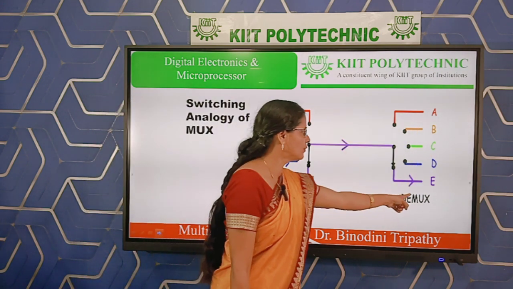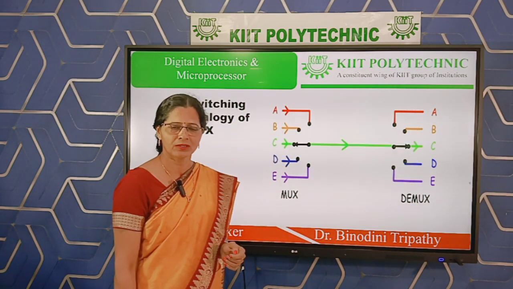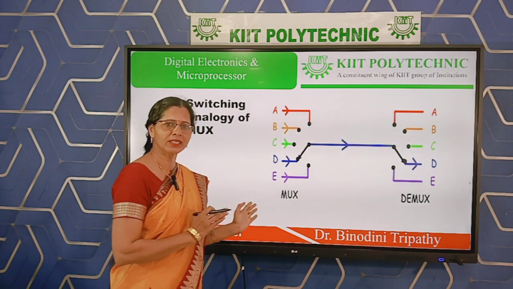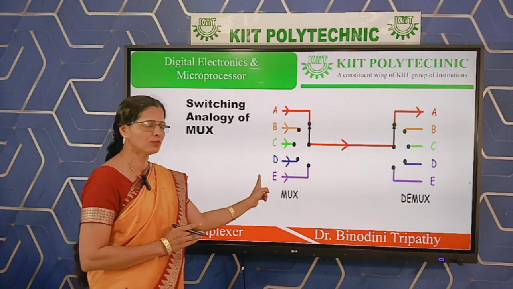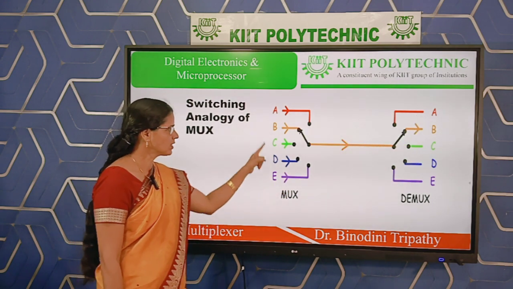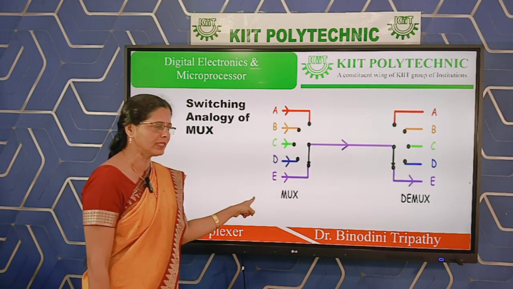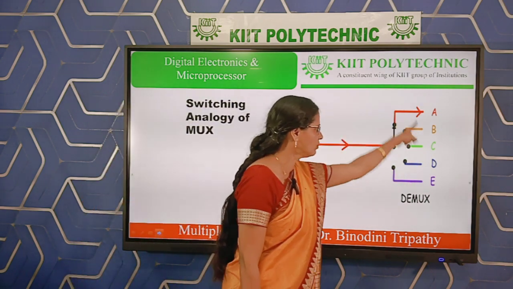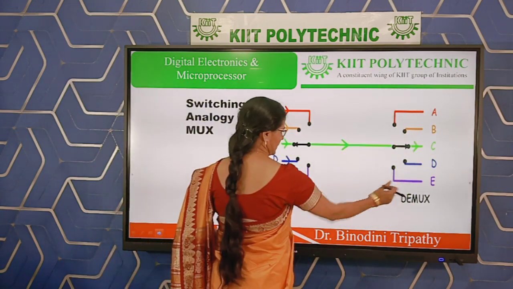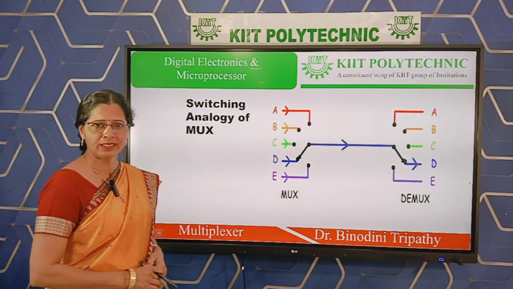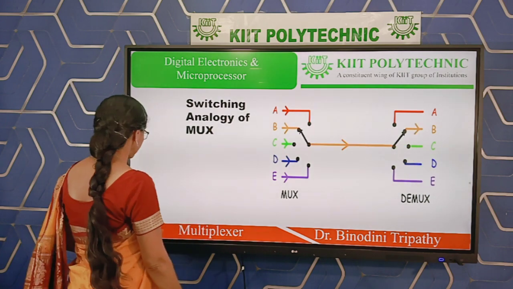And this is just the opposite of the multiplexer. That is known as the demultiplexer. In practical life, where you get the MUX, side by side you must get a demux, because the demux function is just the opposite of the multiplexer. The multiplexer selects any one and routes it to the output, any one from many, but the demultiplexer is any one to many. One to many, whereas this is many to one. So this was the demux. About the demux we will discuss in the next video. First, this is the MUX functioning.